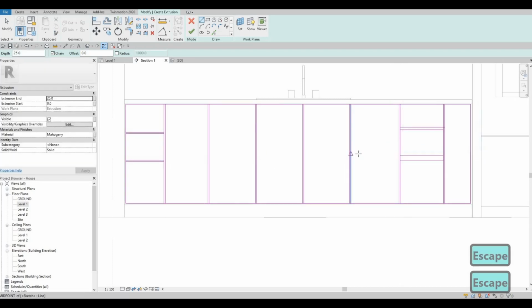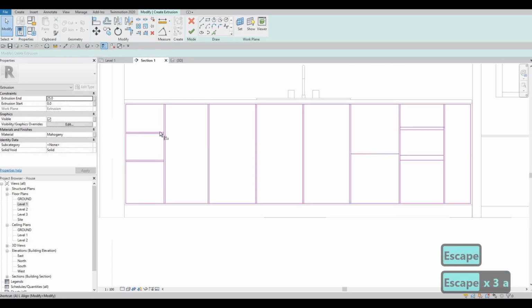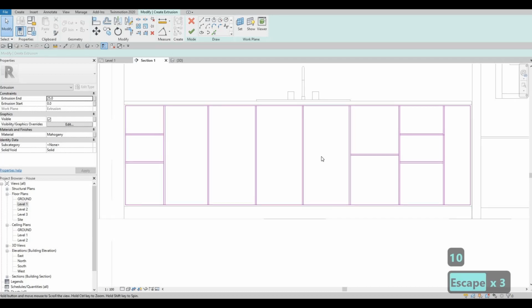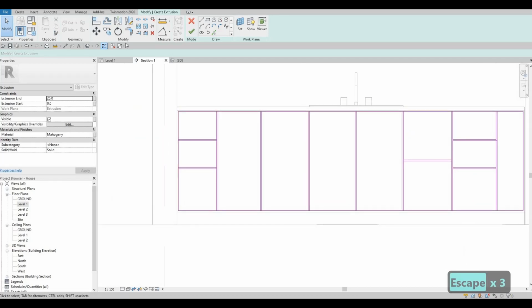and then here I'm just gonna look for the midpoint, and then from there I'm gonna offset that, AL. So I'm going to align it now, and then align this, align this, and then align that, and then offset this again, 10. And then after this, now we could start